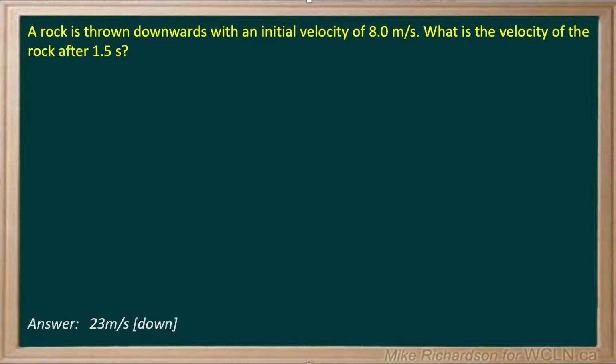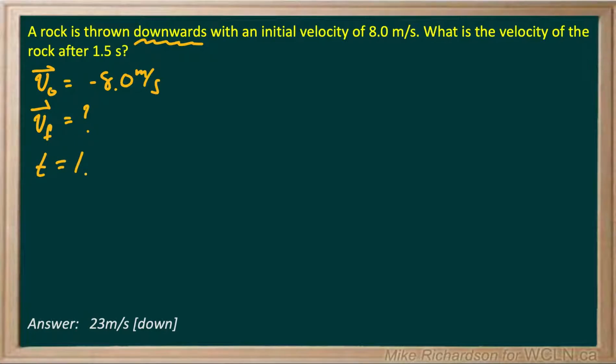Here we've got another free fall question where we're taking a rock and we're throwing it downwards with an initial velocity of 8.0 meters per second. Now we're going to say down is negative. So my initial velocity is negative 8.0 meters per second. They want to know what the final velocity is. What is the velocity of the rock 1.5 seconds later? So we're trying to figure out what V final is